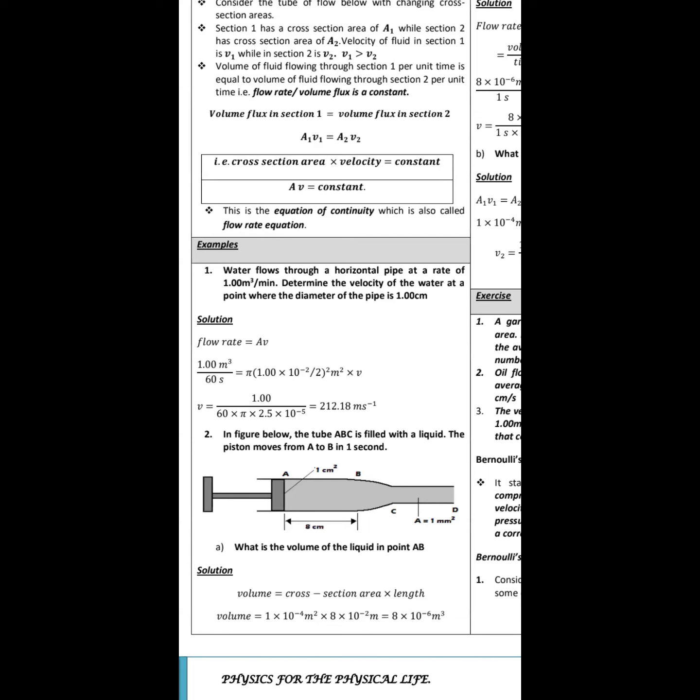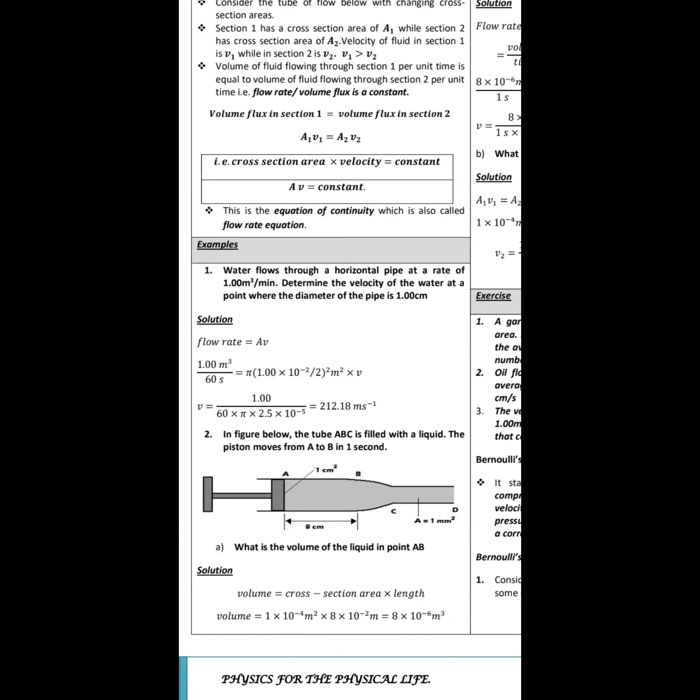Remember, in AB we have the cross-sectional area and we have V. In AB, we have the cross-sectional area A is equal to 1 multiplied by 10 raised to negative 4 meters squared. We also have V, which we have gotten correctly, which is